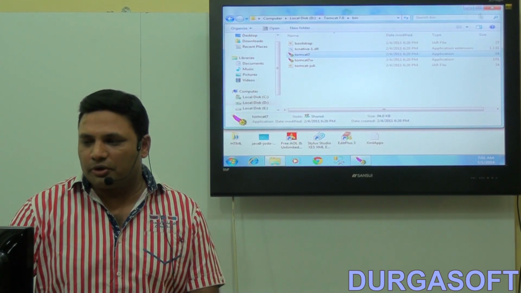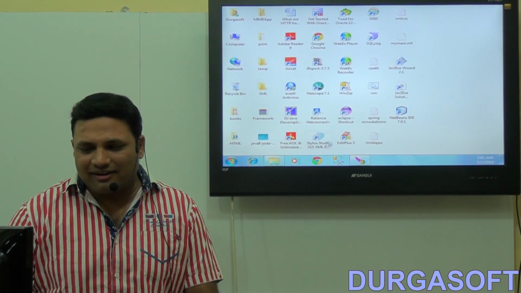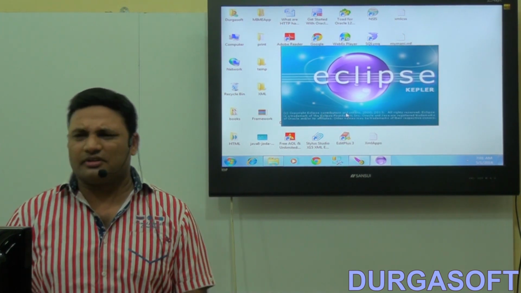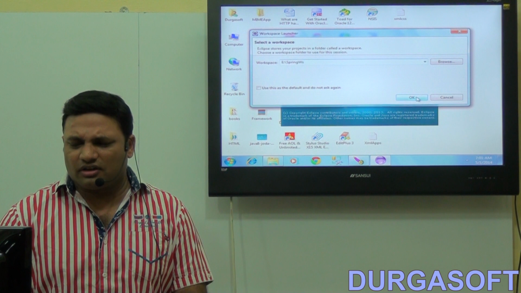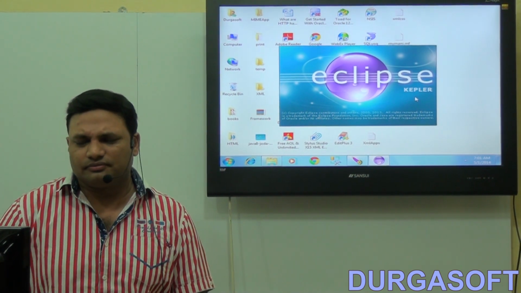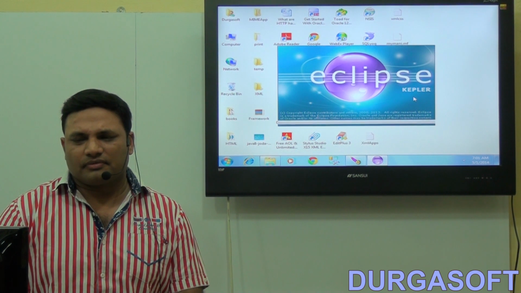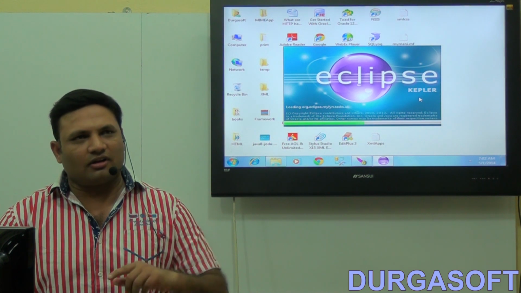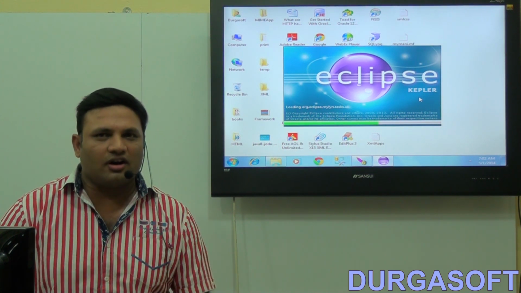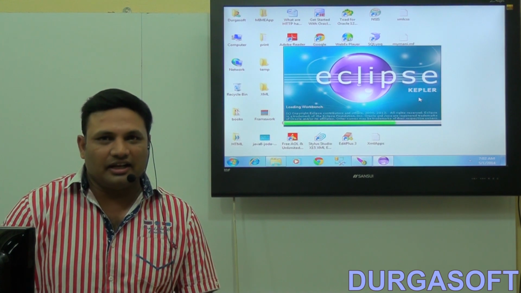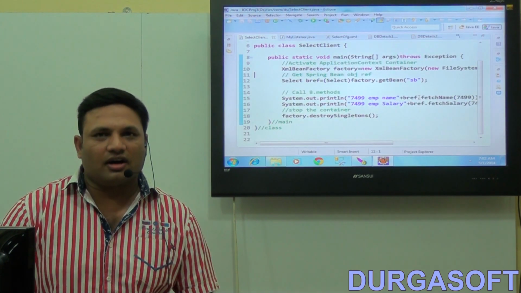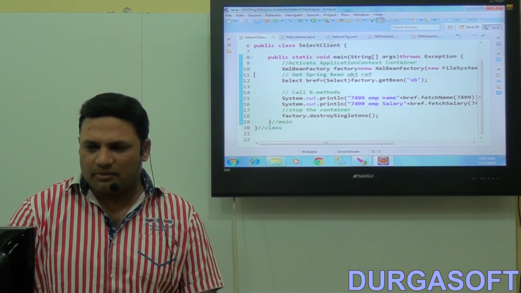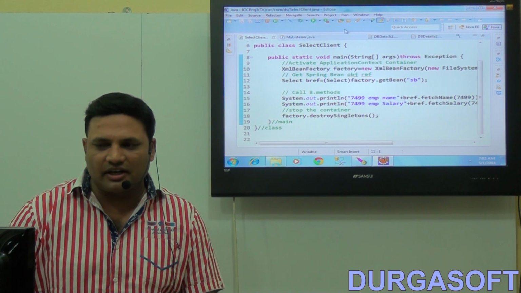My another proof to you is, I'll launch Eclipse IDE, any version of Eclipse IDE. Choose your workspace folder, that's not an issue. One thing I want to say: X can be wrong, Y can be wrong, an author can be wrong, or an article written in a blog can be wrong. But we cannot deny the statements given by the Tomcat server and the Tomcat server documentation itself. So let's see some other proof with Eclipse IDE.